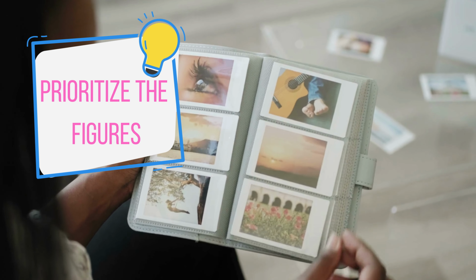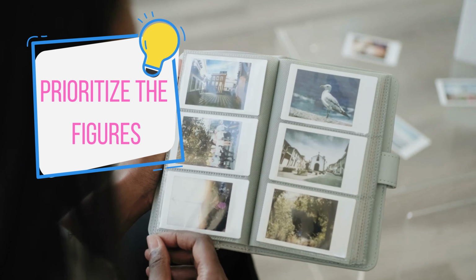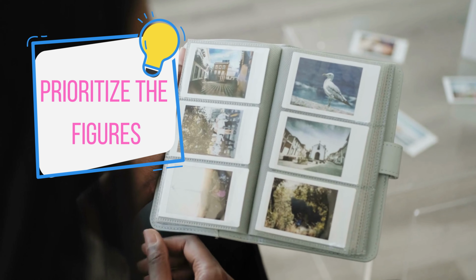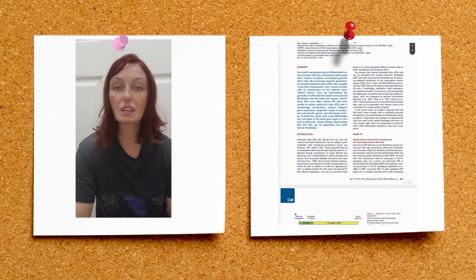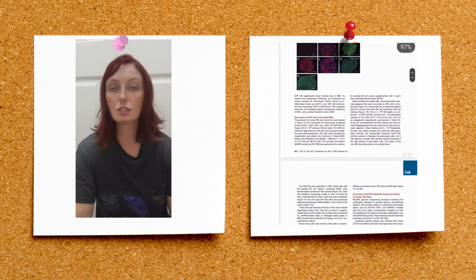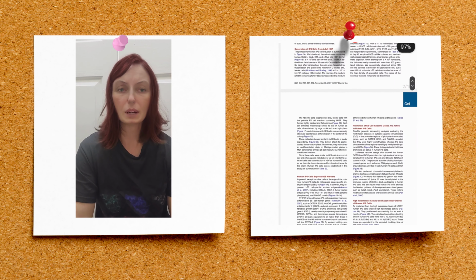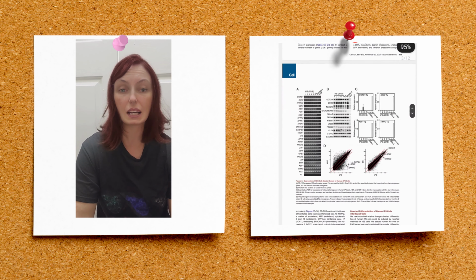Pick out what you feel are the most critical figures to understanding the paper, keeping in mind that often these will be amongst the first figures to appear in the paper. But now that we've identified 2 key figures that we really want to understand, let's break them down further into key data panels. But instead of going through the results that correspond to the figures line for line, let's take